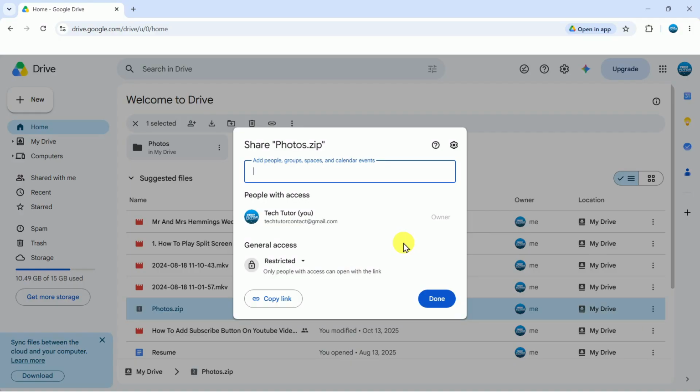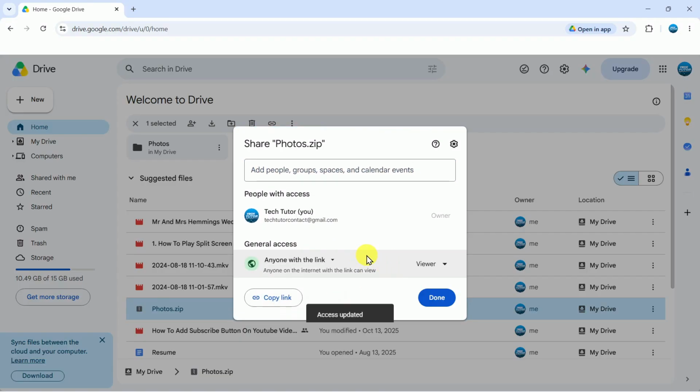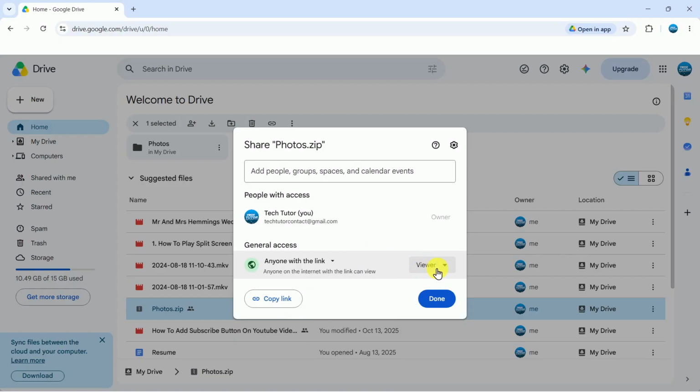The first thing you're going to want to do is come down to the general access section, and if this is set to restricted, you want to give it a click and change it to anyone with the link. Now once you've done that, you can also set the permission for what you want someone to do that has access to this file or folder. So if you click onto the drop down box, you can just get them to view the file or folder,